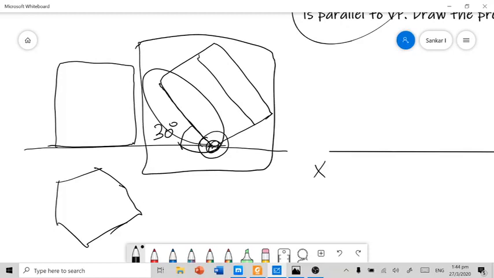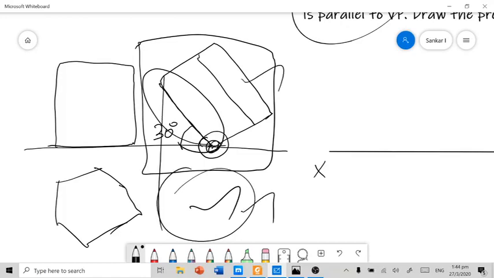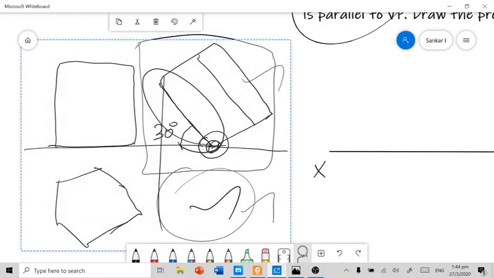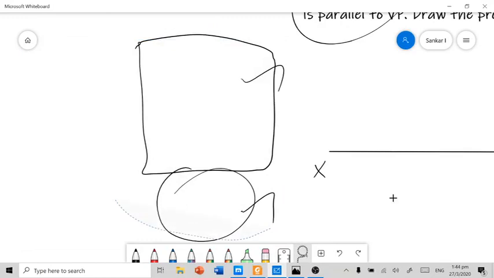So we need to draw it one by one. When it is standing in this way, what will be the top view? This is the question. This final top view and final front view are nothing but our answers. So we need to bring out this answer. Before that, we need to work on something.